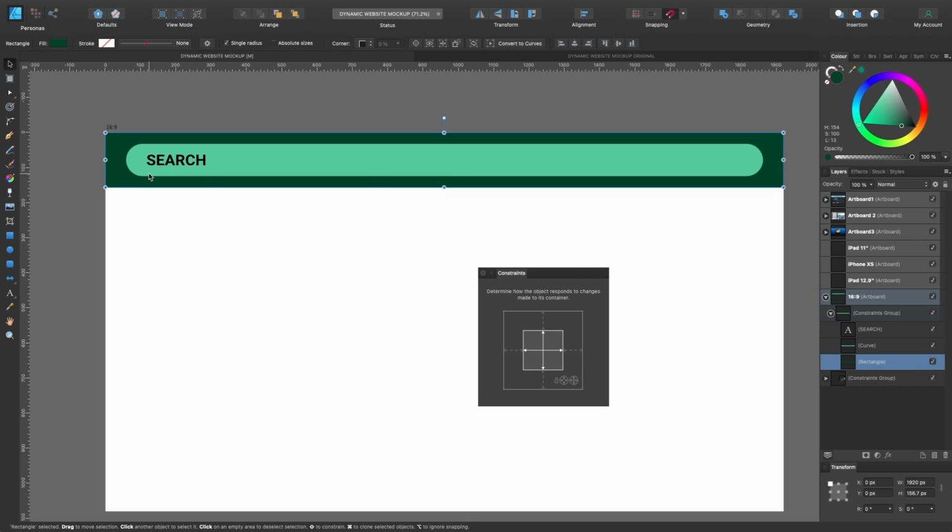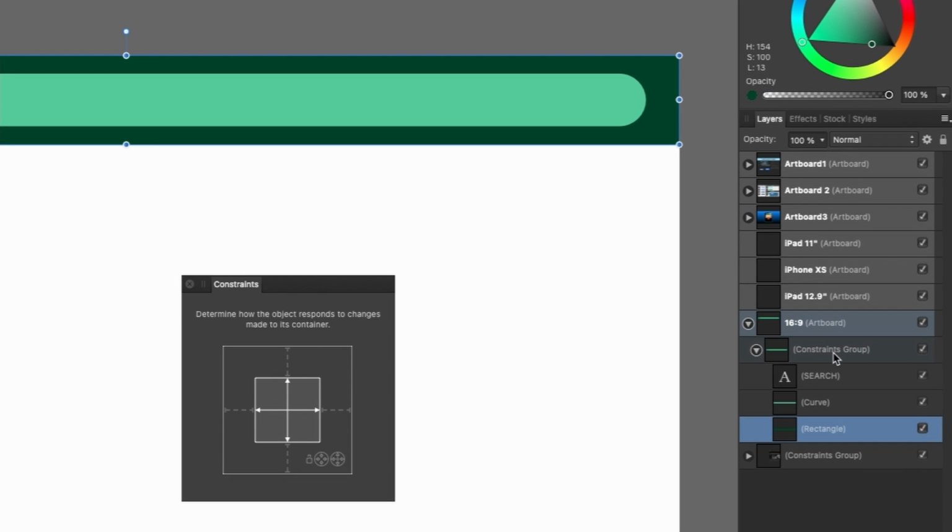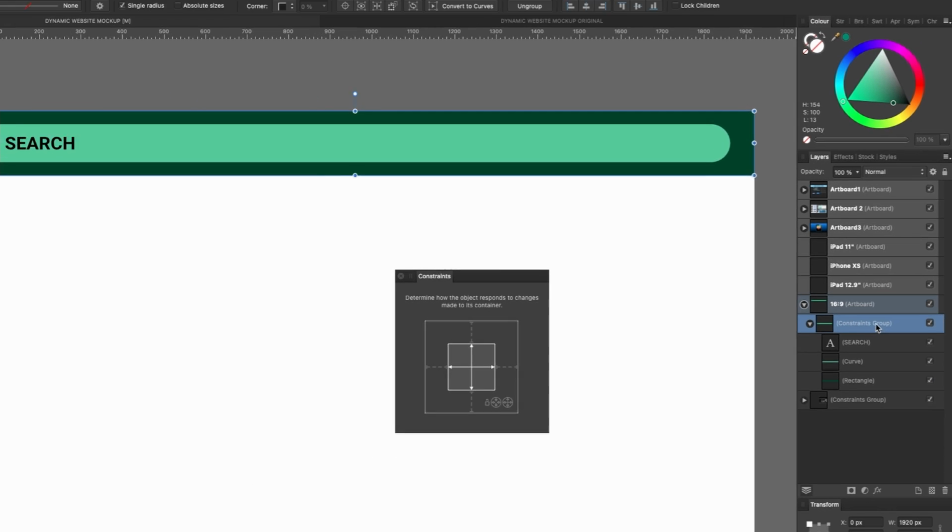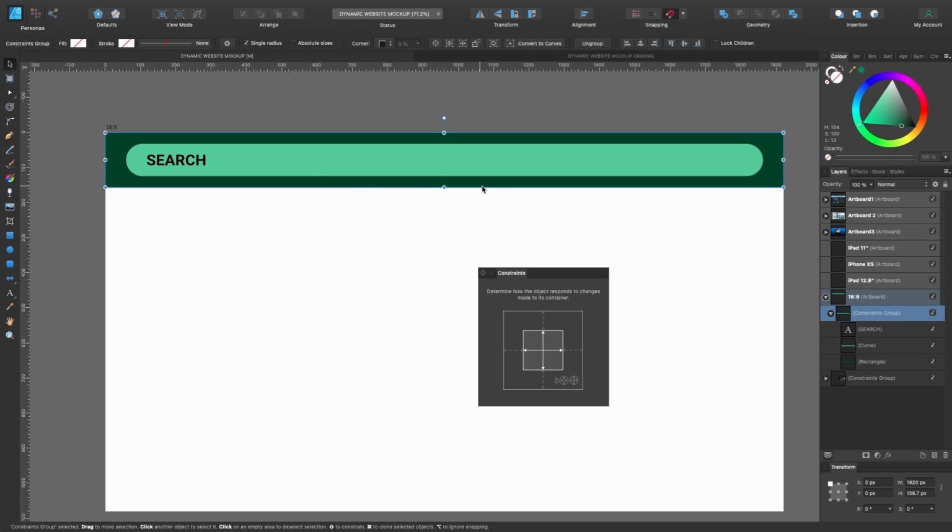Just make sure that when you select the background, this is the main shape. When you group things together, it will generally take the biggest shape. And you see down here, we have our search word, we have our search bar, then we have the background here. You don't want to change this one, you want to change the constraints group because this is the biggest shape here. So with that selected, we also want to take off the constraints, vertical, horizontal, and we want to anchor left, top, and right.